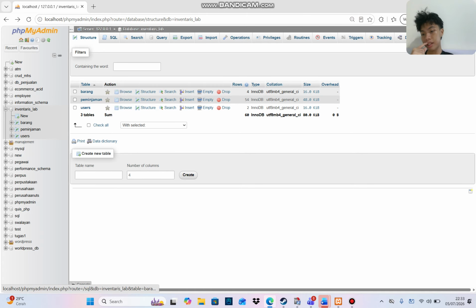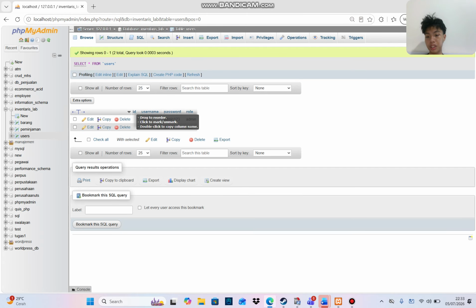I have a barang table, peminjaman, and users. First, I will explain the users table. This table stores account information including the user ID, username, password, and role.